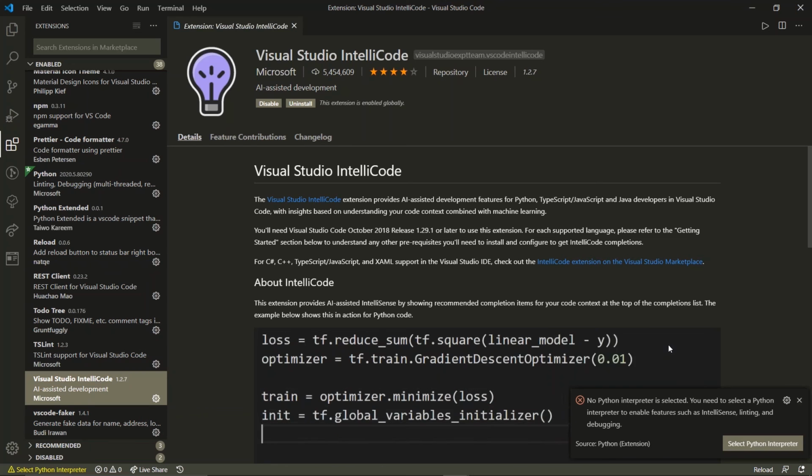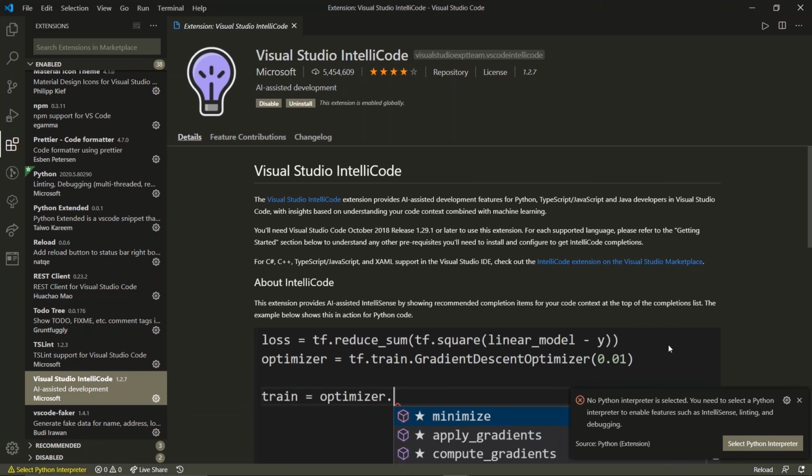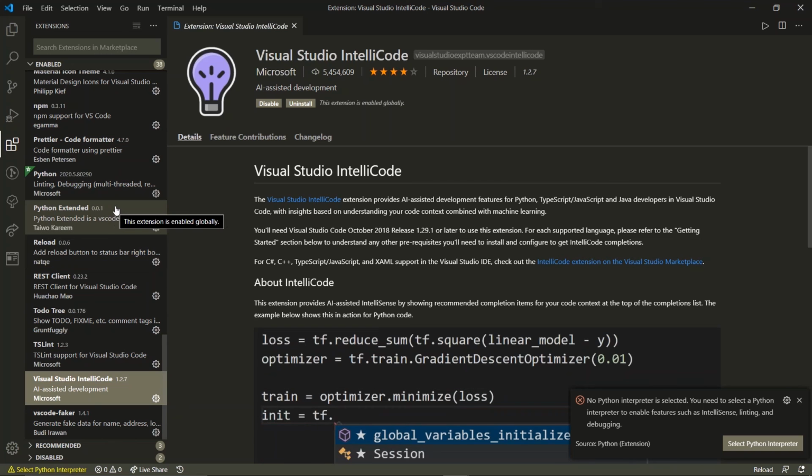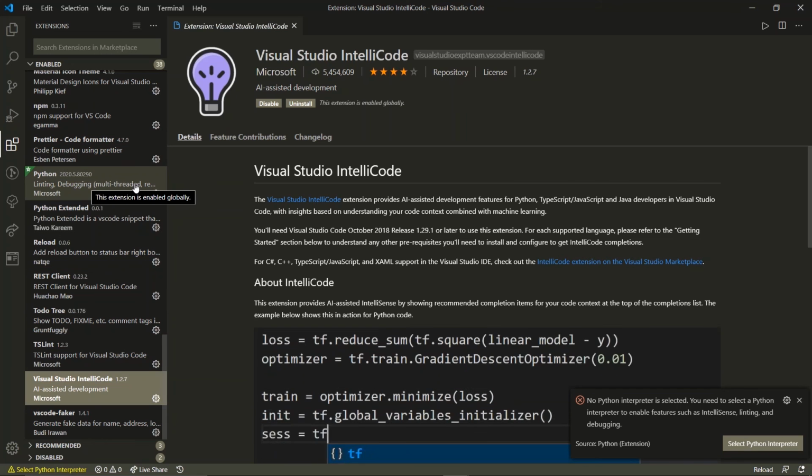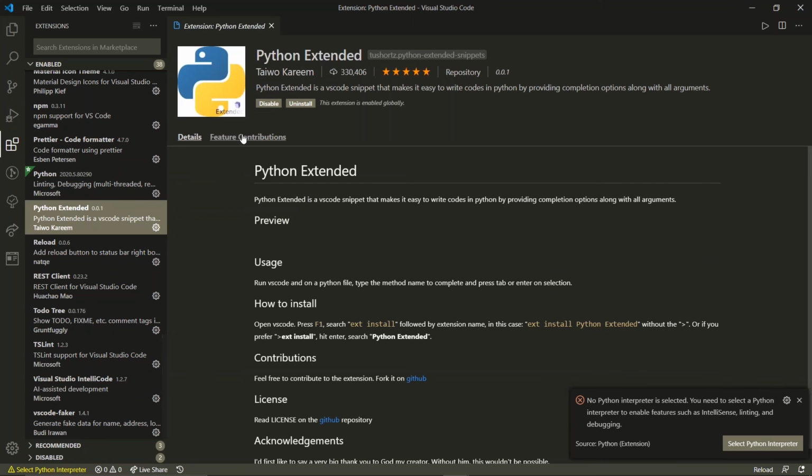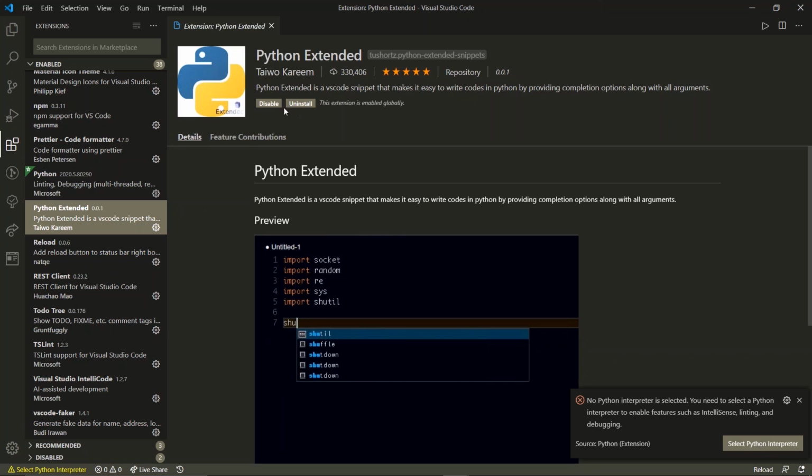Is my voice a little slow? Okay, after installing Python, you go for Python extended. Write the name Python extended. Once you are done, you just put a thumbs up or OK in the message box.